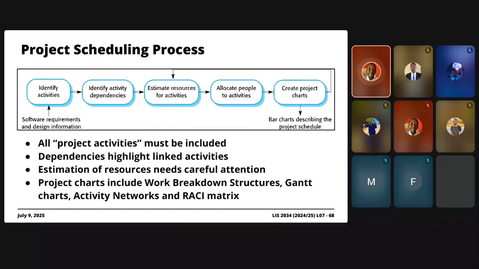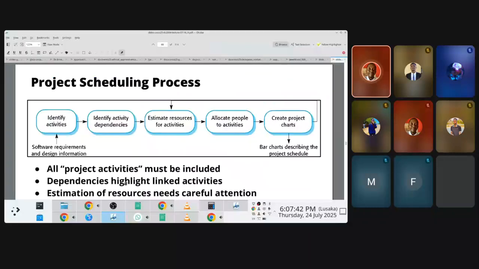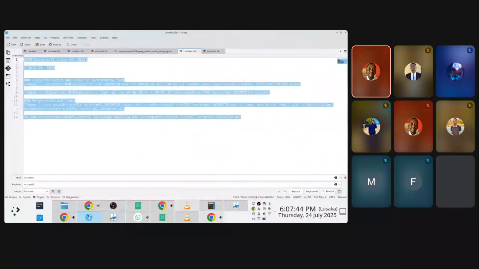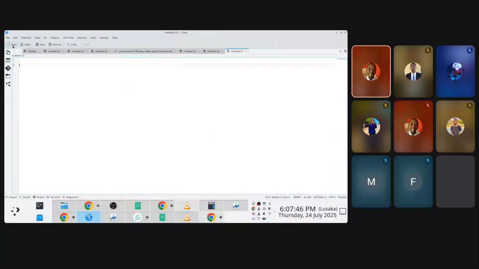Now, what's crucial here is that before you start or initiate this project scheduling process, you must ensure that you include the comprehensive set of activities. All of the activities must be included. In our case, we are making reference to obvious things such as, well,